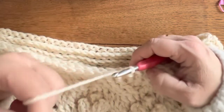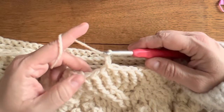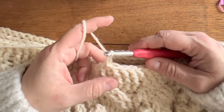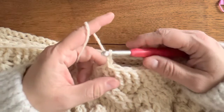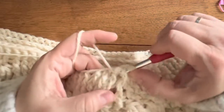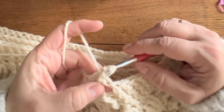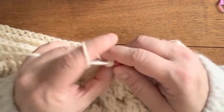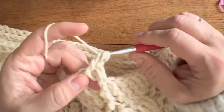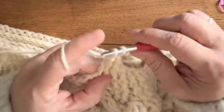Round number 18. Chain 2, which doesn't count as a stitch. Next, instead of working into the next 3 stitches, you're going to go back and make your 3 front post trebles. Okay, so yarn over twice, 1, 2, 3 stitches back, make your 3 front post trebles. Oh, that was a bit of a split. 1, 2, 3, yarn over twice, 1, 2, and 3, yarn over twice,